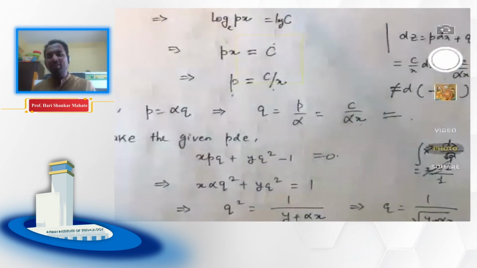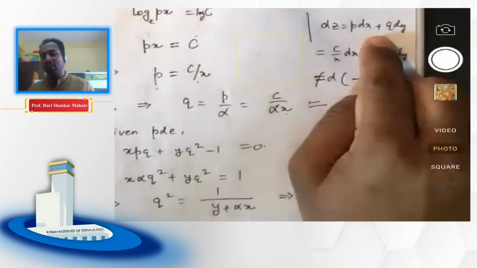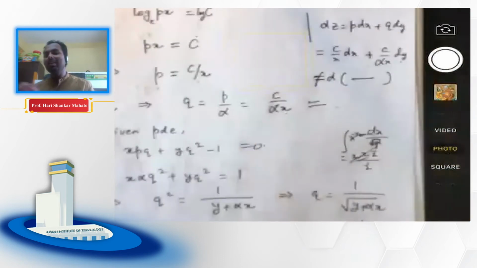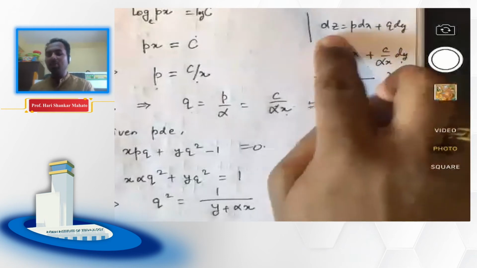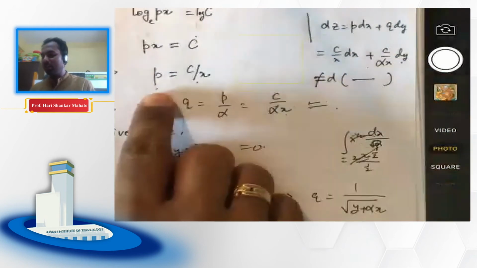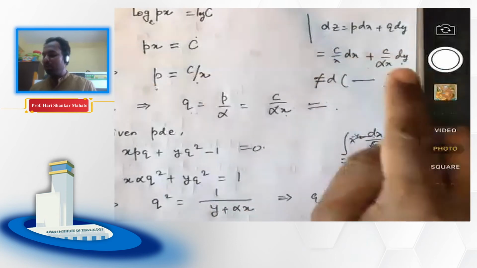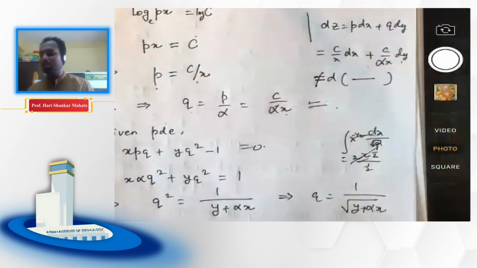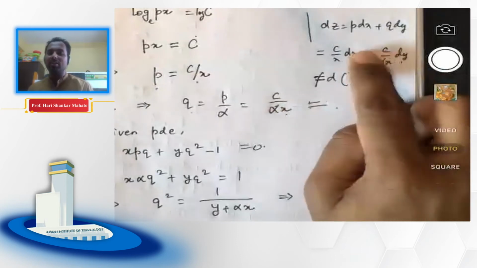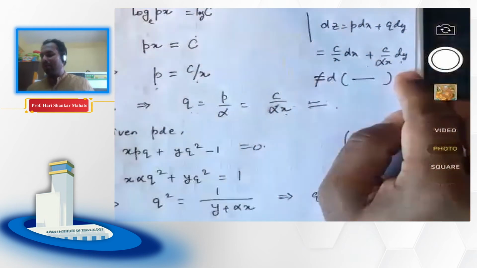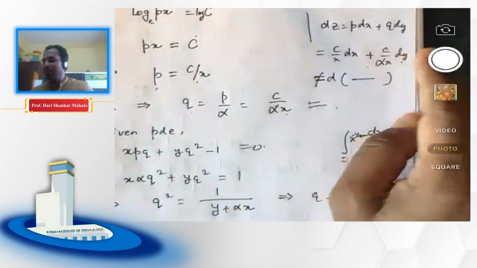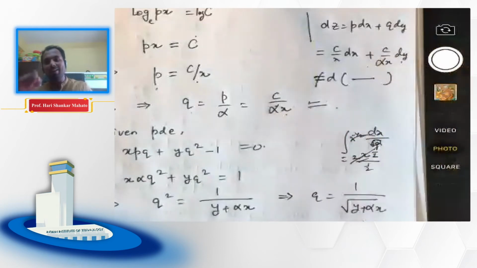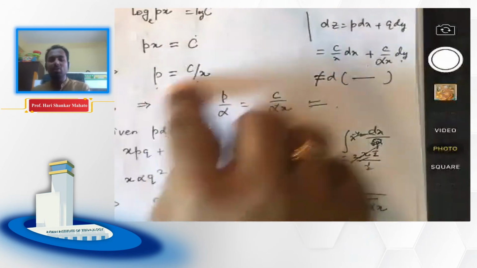So it's not always that you start with any other fractions. Always keep in mind that we have to have this expression as integrable. That means you always have to obtain something like d of that. So if we are willing to obtain d of that, then substituting p equals c by x is still okay, but substituting q equals c by alpha x is not giving you anything like d of something. So here you cannot treat 1 by x as a constant and simply write cy by alpha x. That is not going to work because x and y are both independent variables. So in order to have that d of some integral, this is not going to work.